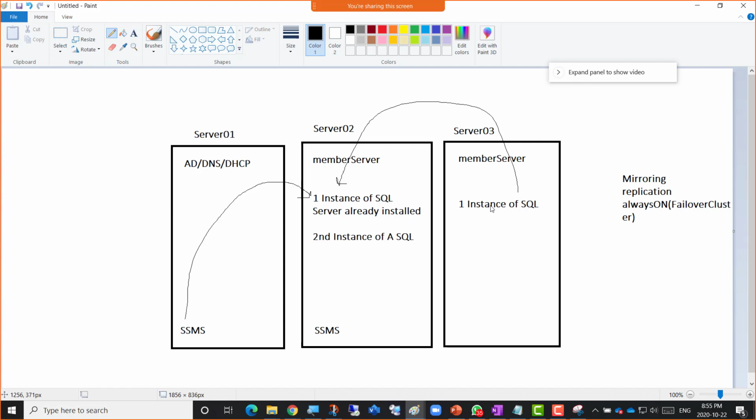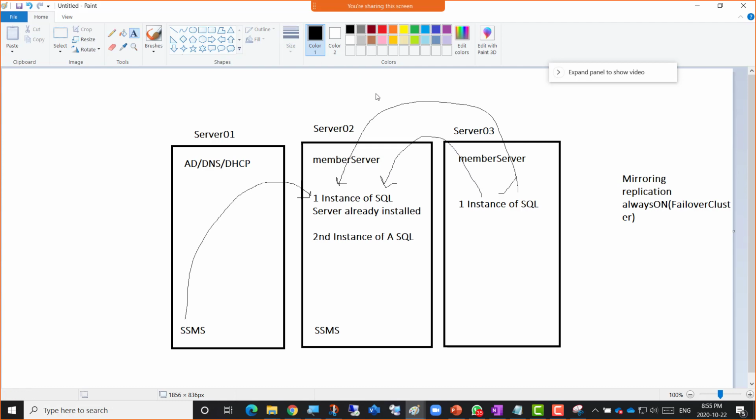Now this SQL server is a totally separate, independent, standalone installation. There is no central grouping of SQL servers during the installation. When you separately install a SQL server, independently, after that you can connect the two servers with a